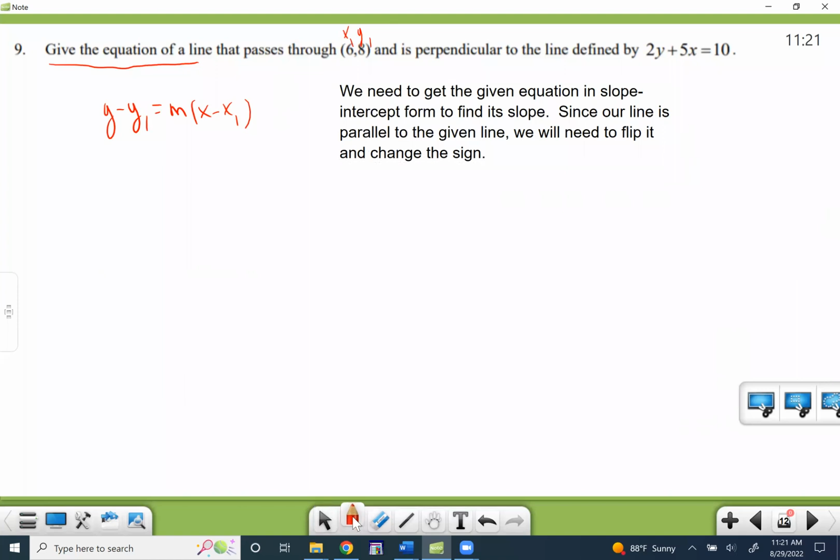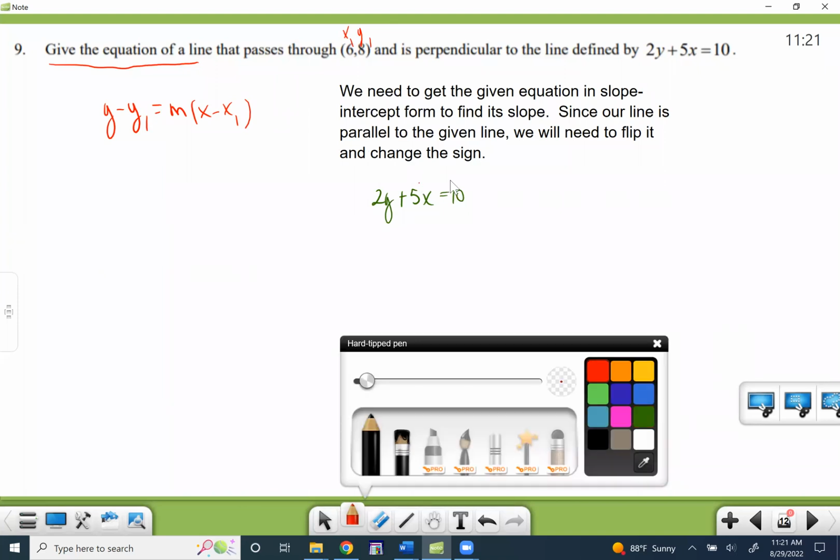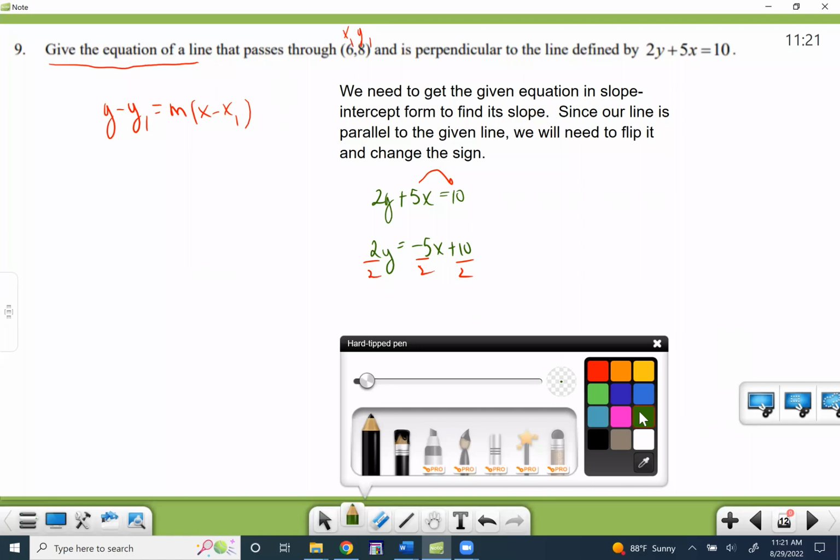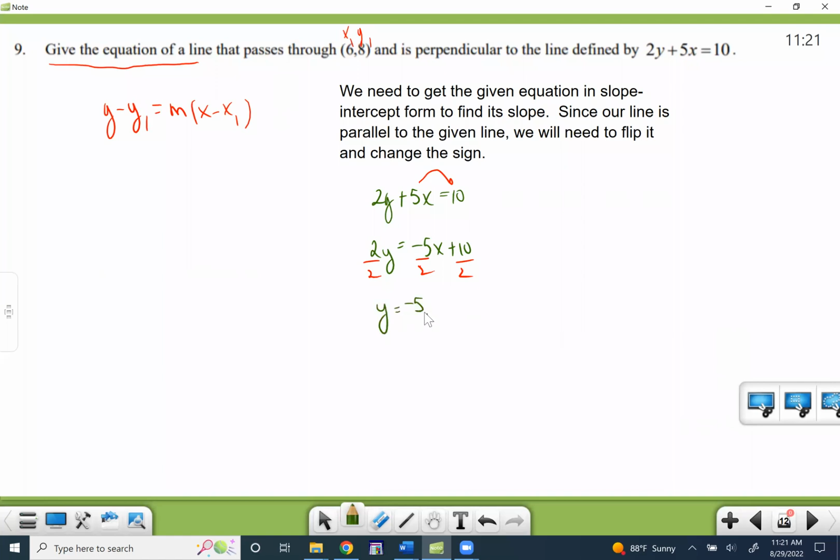So let's go ahead and take the line that they gave us. I know this is a line because both x and y are to the first power. So we know we're staring at a line here. All right, so let's start to get this into y equals mx plus b form. It will be negative 5x when it passes across the equal sign. We'll just divide by 2. All right, so the slope is